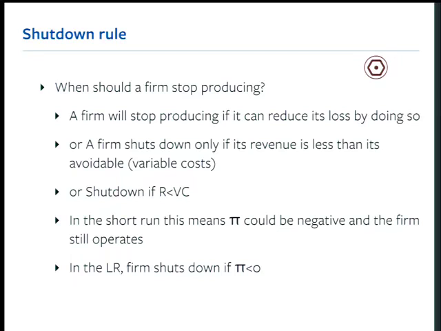All right, shutdown rule. So when should the firm stop producing? If its revenues are less than its variable cost. That's the number 1 rule. You can say it in many, many different ways, but this bullet and this bullet all say the same thing. But what this means is that in the short run, your profits can actually be negative and the firm should still